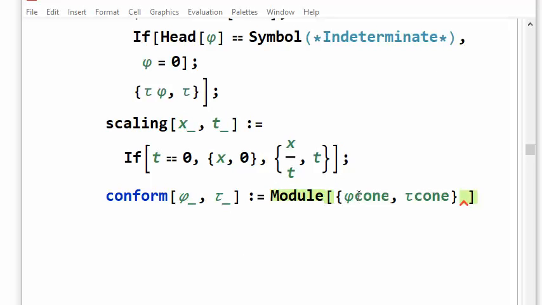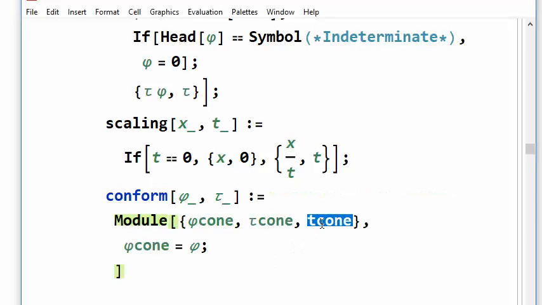So we've got phicone and taucone. Of course, phicone is just equal to phi. I'm also going to put in tcone,